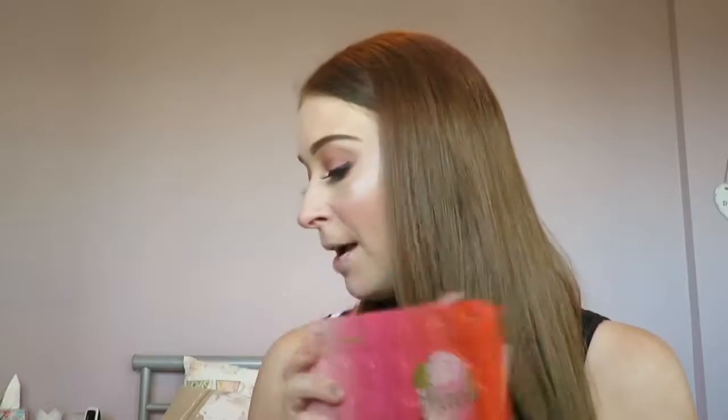So, as I say, this retails for £39 in the UK, and I picked mine up in Debenhams. I know that Makeup Revolution do have a palette out that's called the Chocolate Peach palette, and I think it's available in Boots. What I'm going to do is I'm going to nip in and see if I can actually